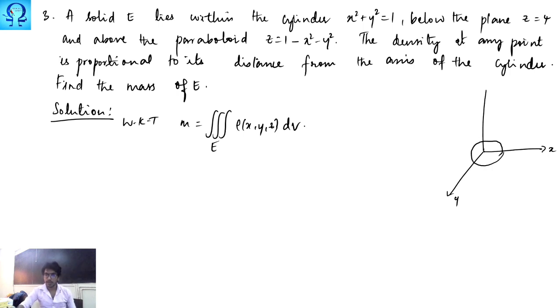And so this shall be extended throughout the z axis. You can extend the circle parallel to the z axis and see it is an infinite cylinder, but it is bounded by the plane z is equal to 4. Suppose this is your point z is equal to 4, then this is the region above which it cannot go, below which it can go, but between the paraboloid z is equal to 1 minus x squared minus y squared, it is given. So you actually have something of this sort.